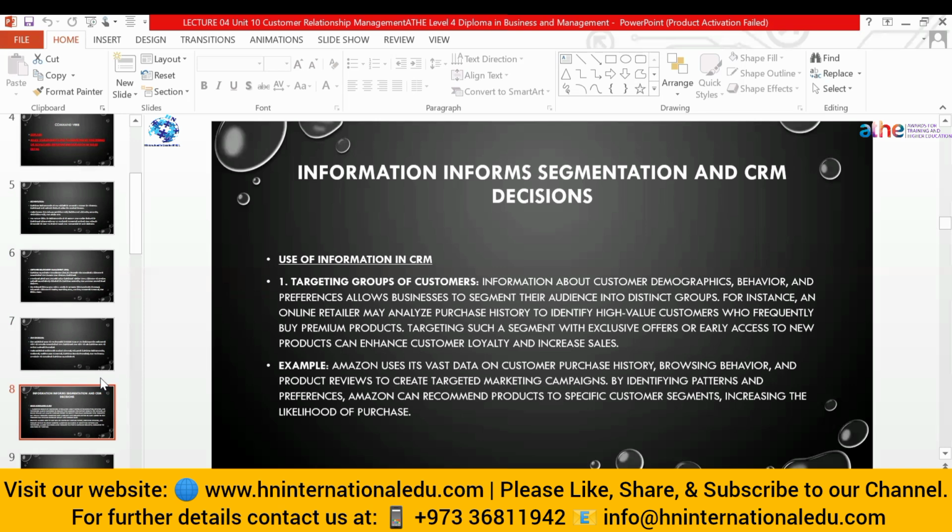For example, Amazon uses its vast data on consumer purchase history, browsing behavior, and product reviews to create targeted marketing campaigns. By identifying the patterns and preferences, Amazon can recommend products to specific consumer segments, increasing the likelihood of